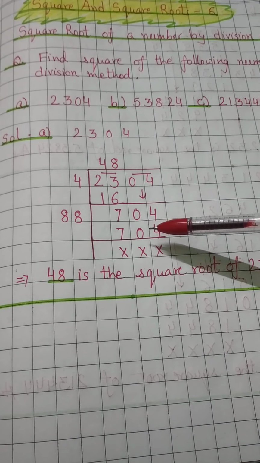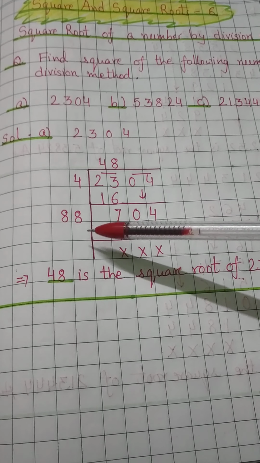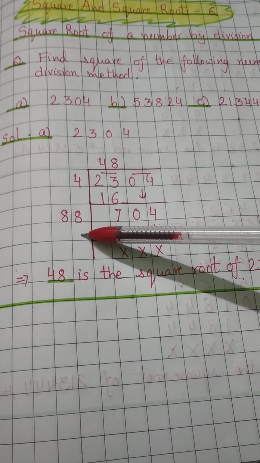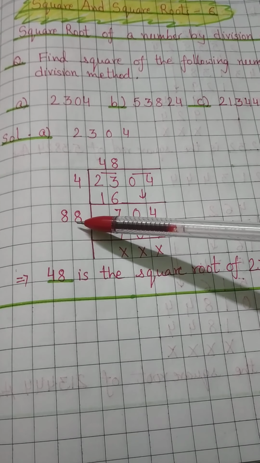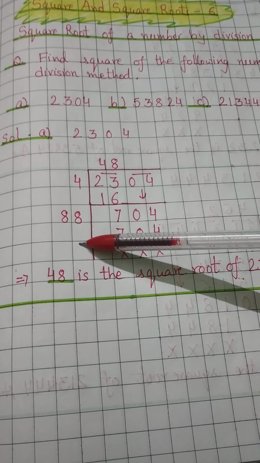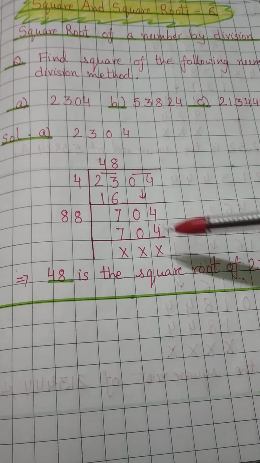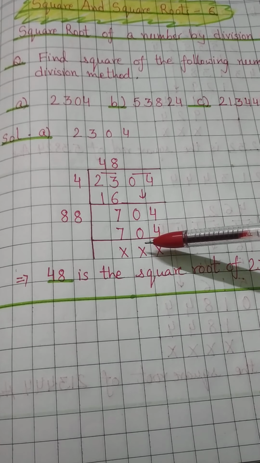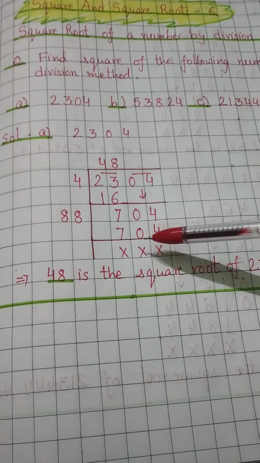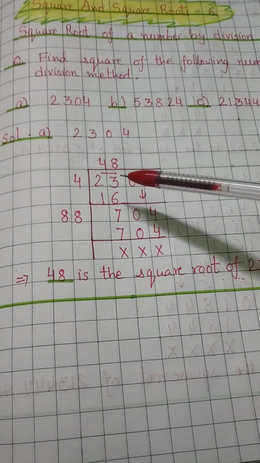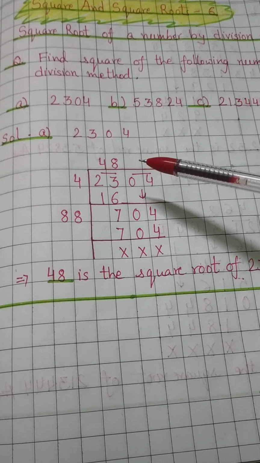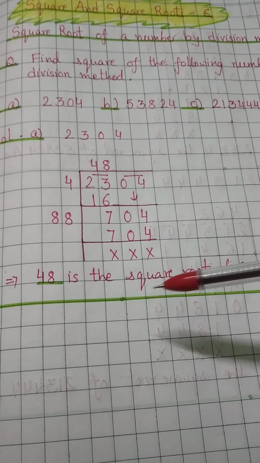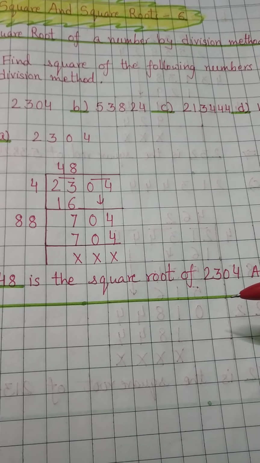Here we have to think of that number by which we will multiply this 8, and then again this 8 will multiply it by the same number. So we will write 88 into 8. Think of that 88 into 8. So 8 8s are 64, 6 carry. 8 8s are 64, 64 plus 6, 70. So the number is coming, we will write 704. So here we will just write 48. This number which is the quotient here, this is the square root we are getting. So 48 is the square root of this number, right?